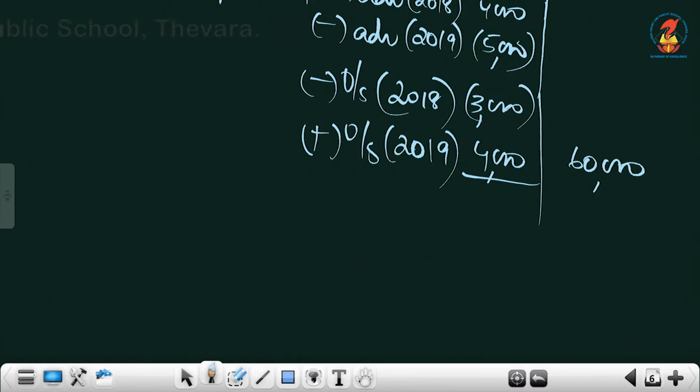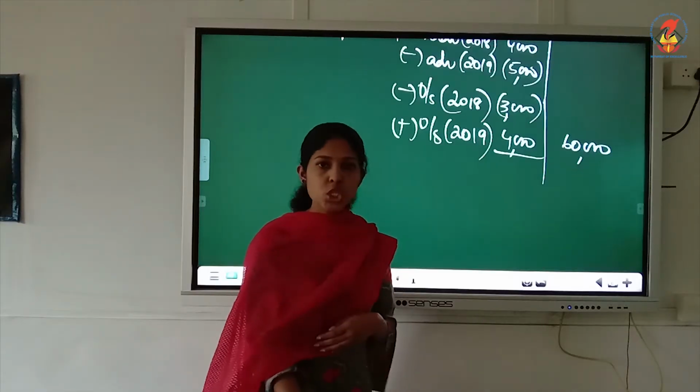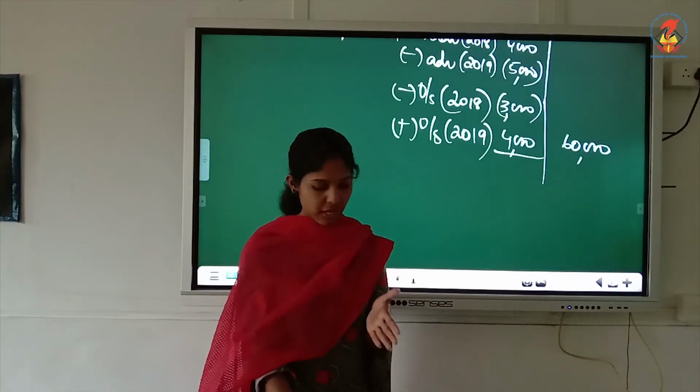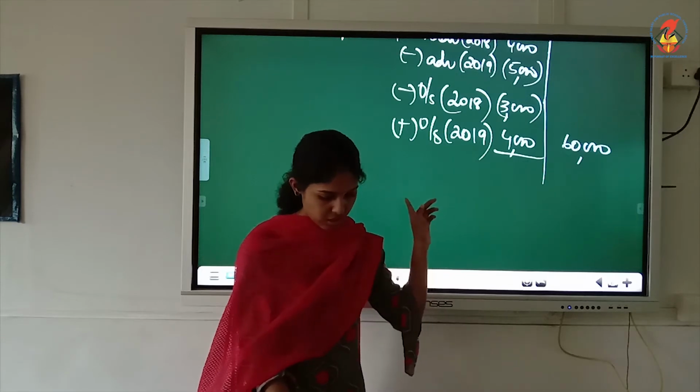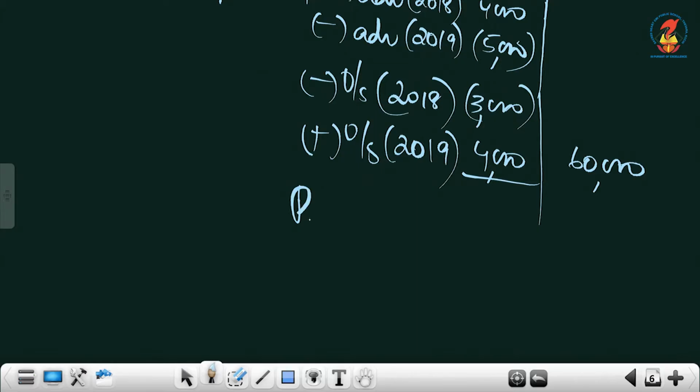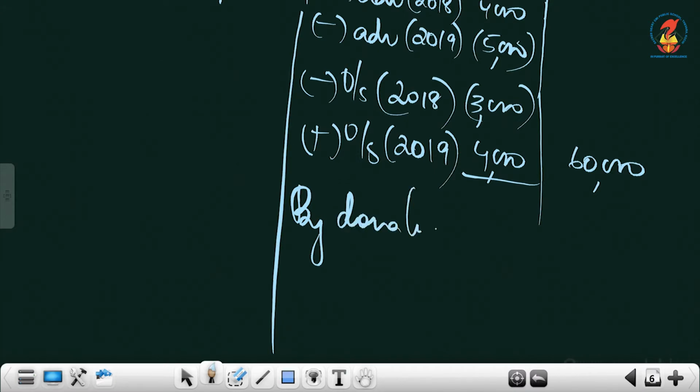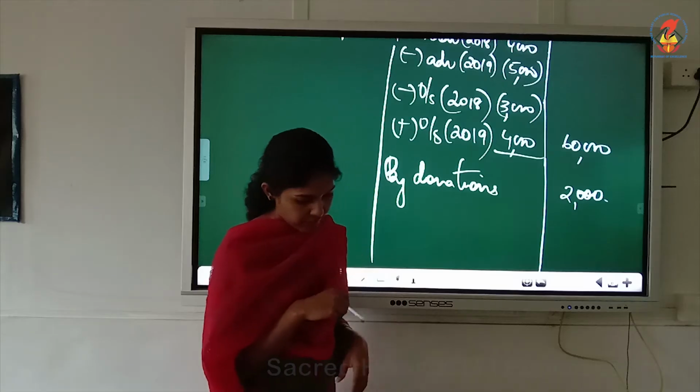The next item there is donation. Nothing is mentioned, so it is general donation, which you can write here. Donation of 2,000. Then we have